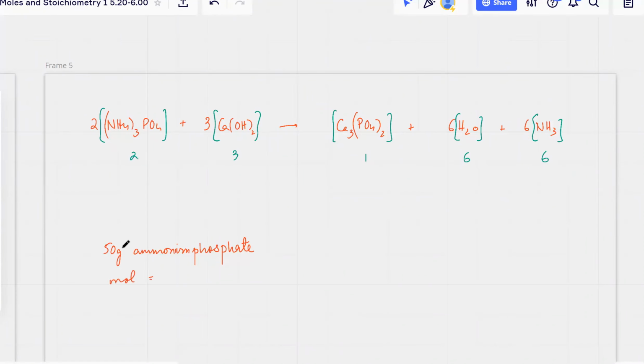मोल्स का फॉर्मूला क्या था कि मास डिवाइड बाय द मोलर मास। मोलर मास इसकी निकाल लो कि क्या होगी, 3 N's, so that's 3 times 14। H कितने हैं, 12 plus P is 31 plus there's 4 oxygens, so 16 times 4। तो मुझे बताओ कितने मोल्स आ रहे हैं इस चीज के। अच्छा, इस 2 को यूज नहीं करना, this 2 is the ratio, ये मोल्स पे अप्लाई होगा रेशियो, ठीक है। 2:3, इसका मास से कोई ताल्लुक नहीं है, ठीक है। तो मास डिवाइड बाय द मोलर मास कितना बना हमारा, 0.34 moles. You're getting 0.349 moles।